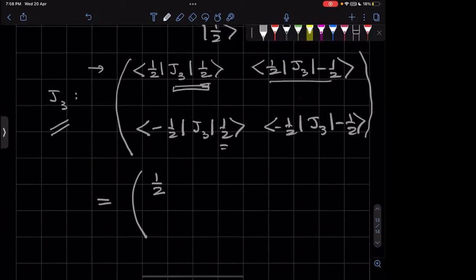Now this thing is going to give me minus half, and then I'm going to have half inner product with minus half. But from orthogonality, what is the value of this thing? 0. Yeah. So this off-diagonal element is 0. Similarly, here we get plus half, but what's left over are two states which are orthogonal to each other. So we get,